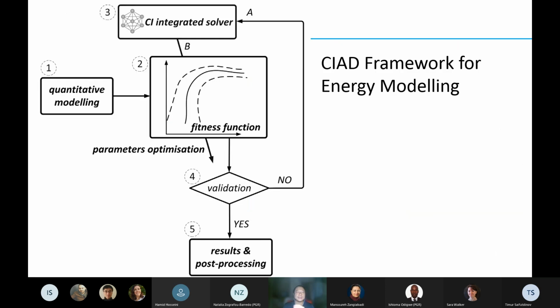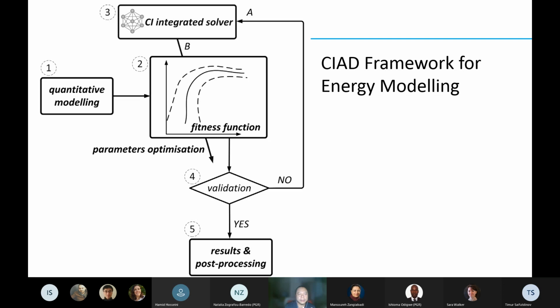So now, how do we use the AI tool in the energy sector? We don't really need CAD, CAE, and the virtual prototype for every application. In energy modeling, we have a simpler version, which is block number 1.